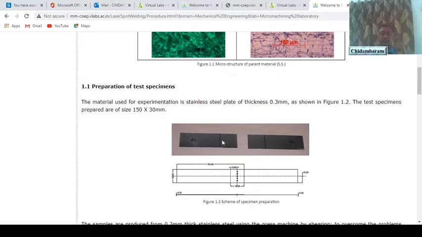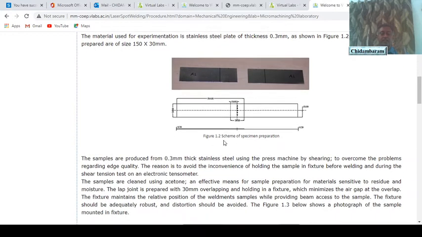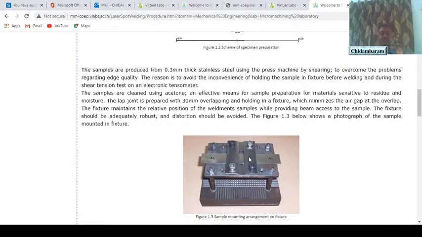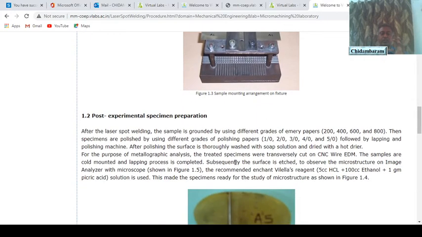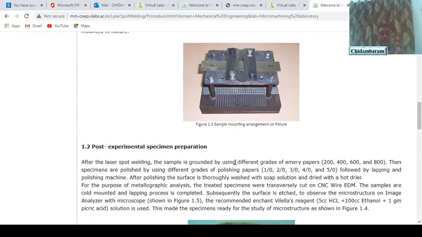These are the two specimens, and then hold them in a special fixture so that no wrinkle is formed. Put the specimen along with the fixture in the machine and perform welding. How are we going to perform welding?